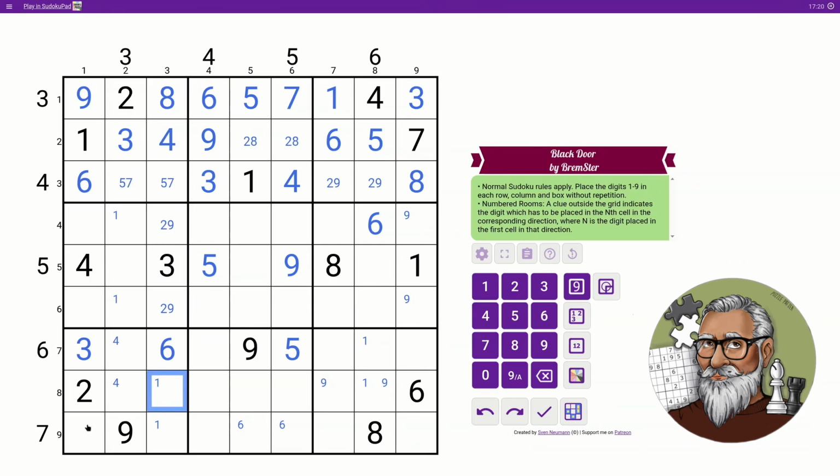Right. Where is 8 in box number 7? It's not in row 9. It's not in column 3, right? So one of these has to be 8. So now we know that these are from 4, 8. We can pencil mark them. And that means that I'm still missing a 1, a 5, and a 7. Does that help in box number 7? Doesn't look like it. I can pencil mark it completely, but it doesn't really help me, does it? I'll remove the corner pencil mark just for clarity, but